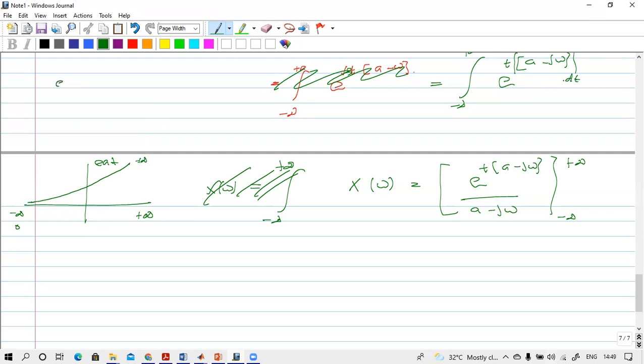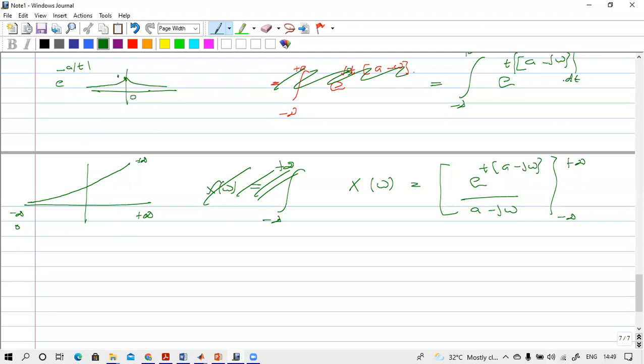But when we consider e^(−a|t|), we have, from 0 to plus infinity, it is like this, and from minus infinity to 0, it is like this. And at the point of 0, it is equal to 1. But if you consider this e^(at) signal,